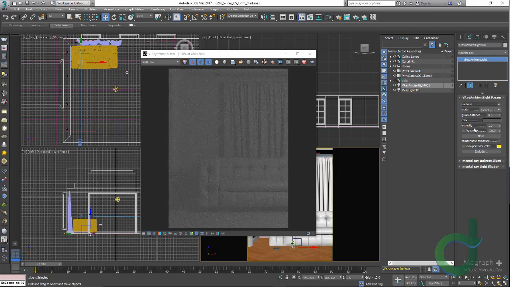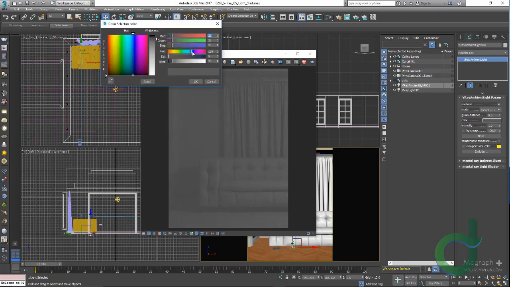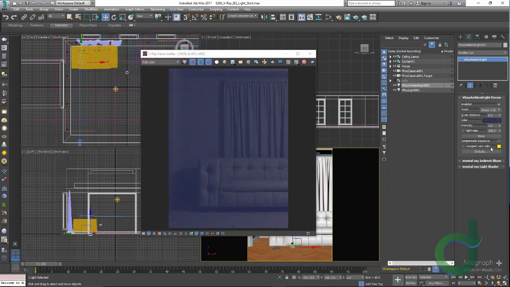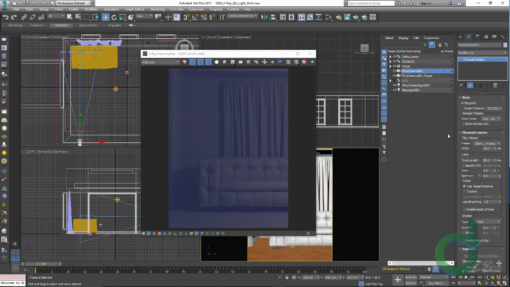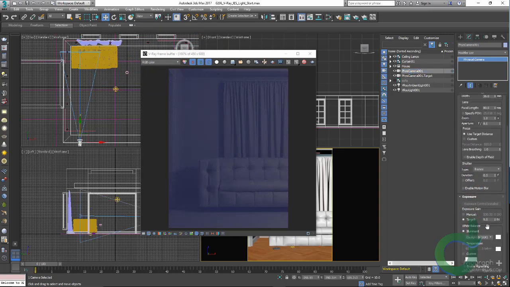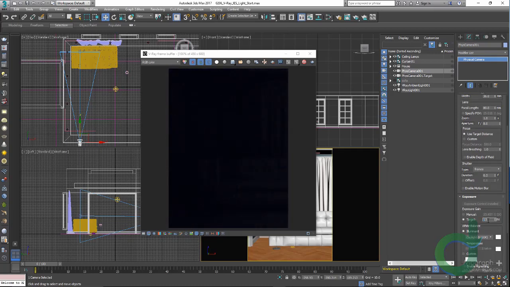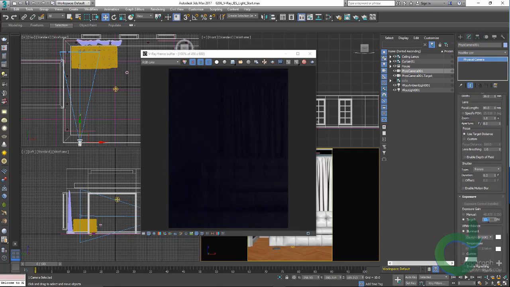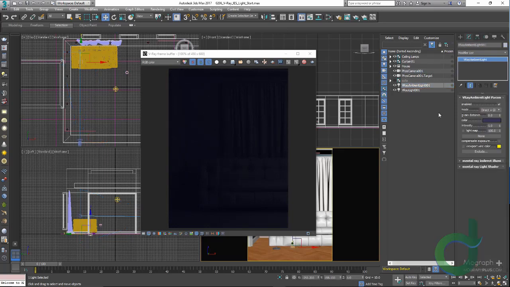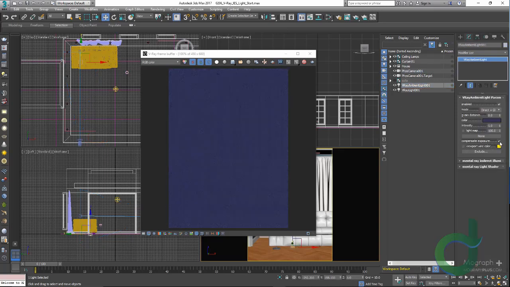Next we have compensate exposure. If you enable it, the defined color here will not be affected by the camera's exposure. Let's select the color here, whatever color, it doesn't matter really. At the moment, compensate exposure is turned off, so if I select my 3ds Max's physical camera and try increasing the exposure value and therefore letting less light into the camera, you can see that color also gets darker and darker. But if I select my ambient light and enable compensate exposure, now you can see the color is back where it was,